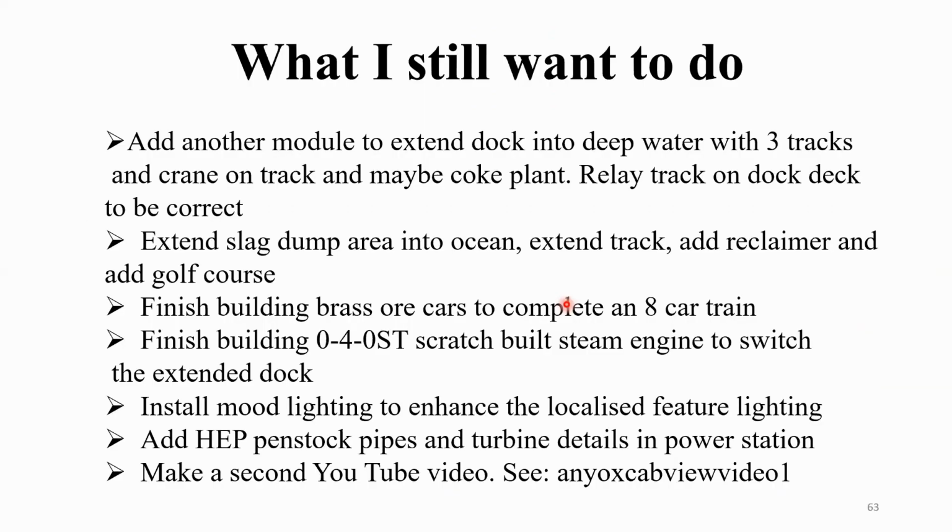So what do I still want to do? Well, when I get rid of some more filing cabinets, I want to add another module to the dock so that I can extend it into deep water. I can build the coke plant, and I can build a 3-track section of the dock rather than a 2-track section. I want to extend the slag dump. I want to finish building the brass ore cars to complete the 8-car train. I'm working on the 8th now. It's in the brass shop or the steel foundry, and car number 7 is in the paint shop. So they're coming along. I want to finish building my scratch build 0-4-0 switcher saddle tank,